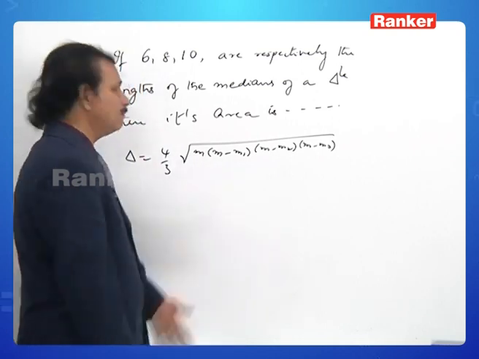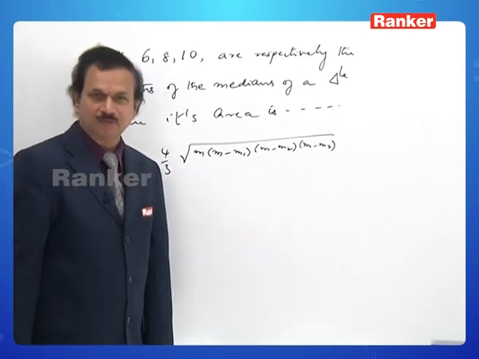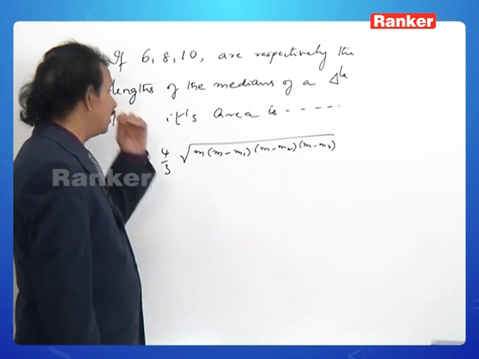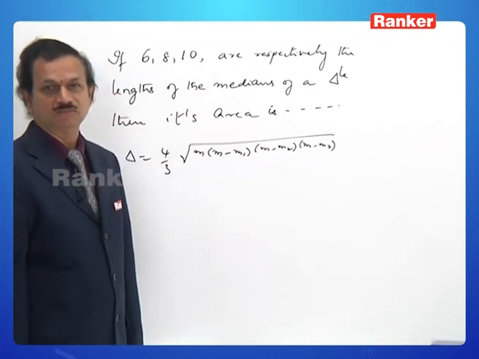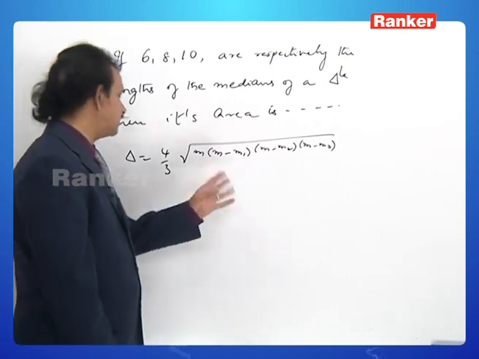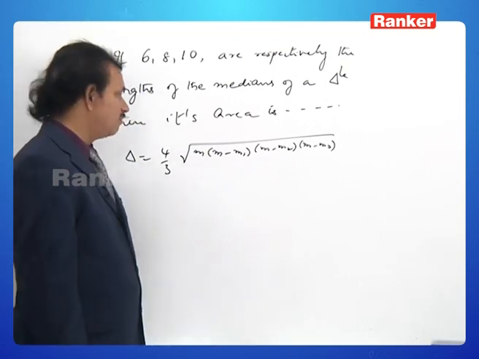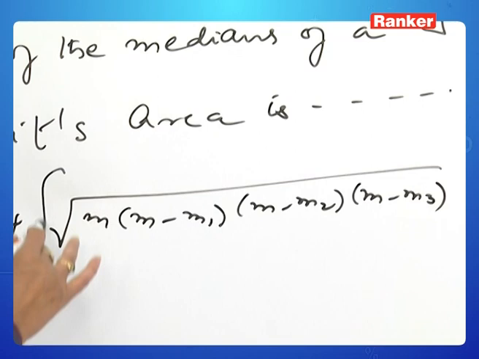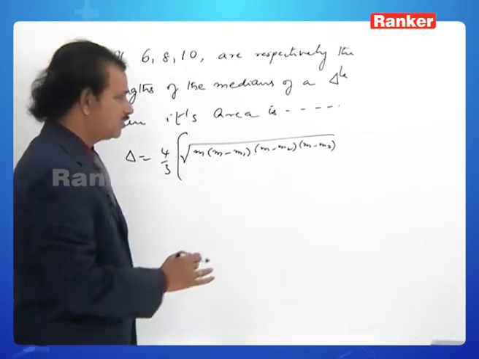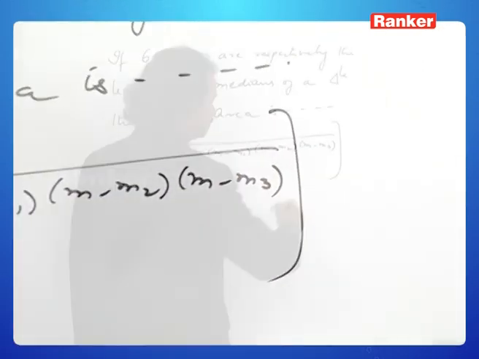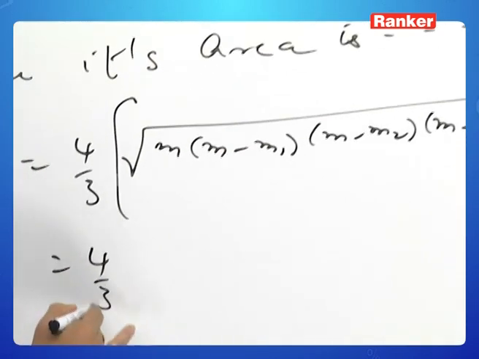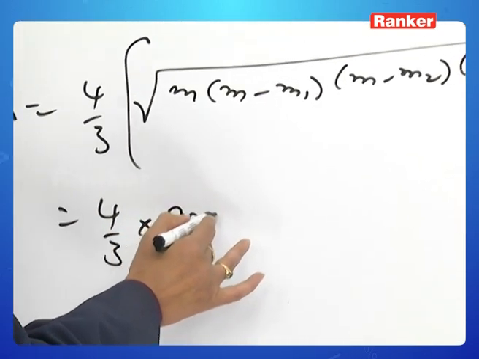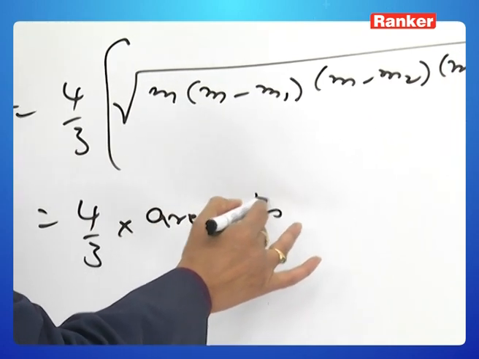This is the beautiful formula we have. Unless you know this formula, you cannot make an attempt to answer this question. This is to be highlighted here. Moreover, you observe, you imagine the formula root of s into s minus a into s minus b into s minus c. Therefore, this is equal to 4 by 3 into area of the triangle